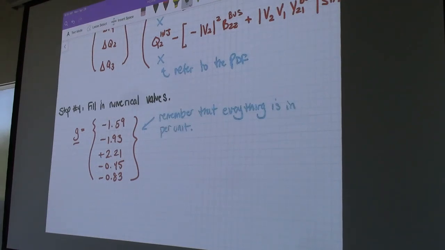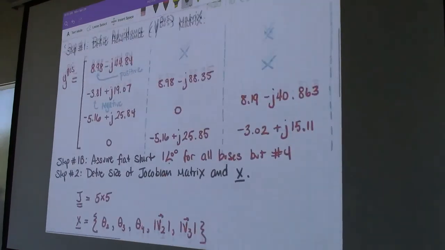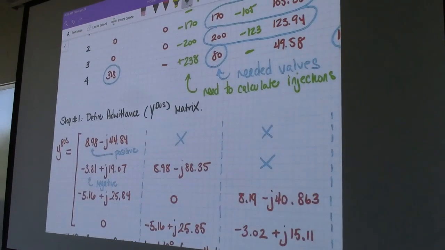So just like the way that we did it in the Gauss-Seidel, everything's going to be in per unit. The only value that wasn't given to you in per unit is the injections. So you'll have to do, again, 170 divided by 100 MVA, 200 divided by 100 MVA, it'll give you